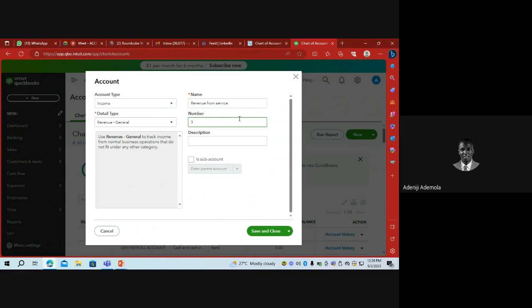But this is not just revenue. This is revenue from service. It's not just an income, basically. So I can say let revenue from service start from 1. Then I can say 000, because I can have any other one. I can say 3001 should be revenue from service. Then I can put the description as well and say to